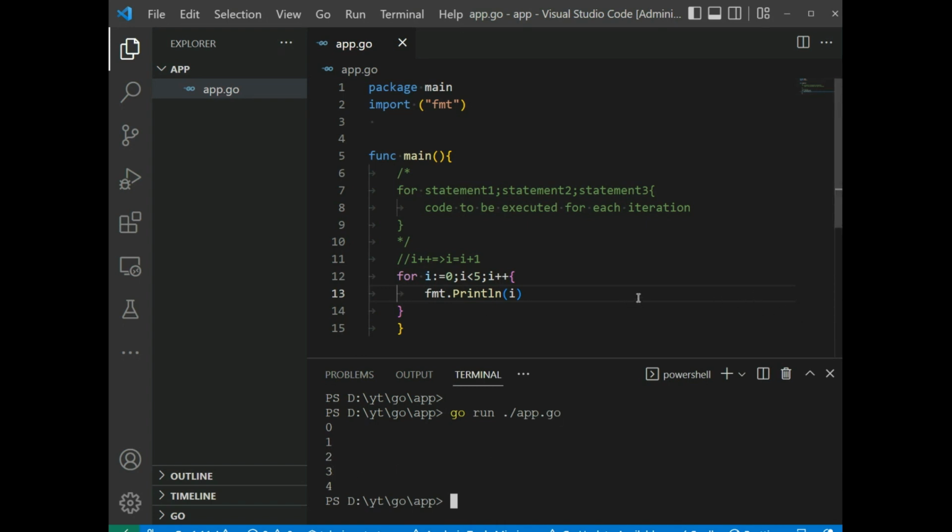And explain the code. i := 0 initializes the loop counter and sets the start value to 0. i < 5 continues the loop as long as i is less than 5. And i++ increases the loop counter value by 1 for each iteration. So for example,